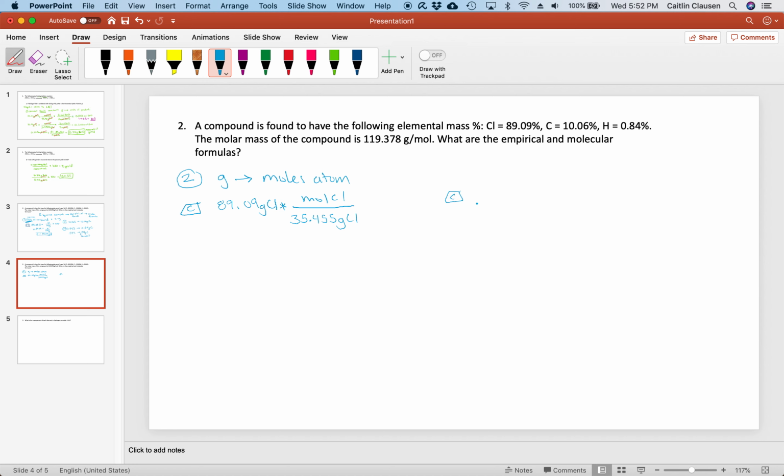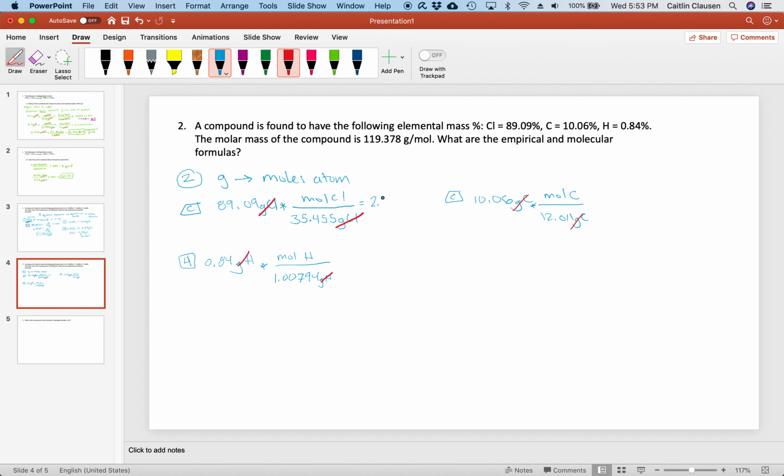For carbon, we've got 10.06 grams of carbon. The molar mass is 12.011 grams of carbon for every mole of carbon. I want grams on the bottom so they can cancel, and I'm left with moles. And then for hydrogen, 0.84 grams of hydrogen. Molar mass of hydrogen is 1.00794 grams of hydrogen for every mole of hydrogen. Grams are canceling. Now I can put this into my calculator, and I end up with